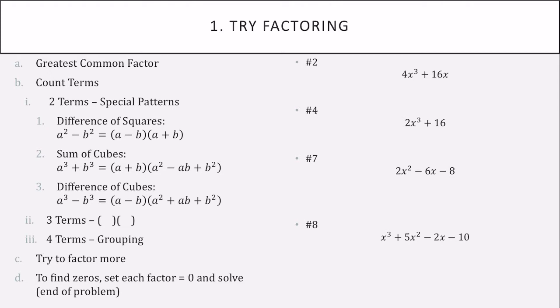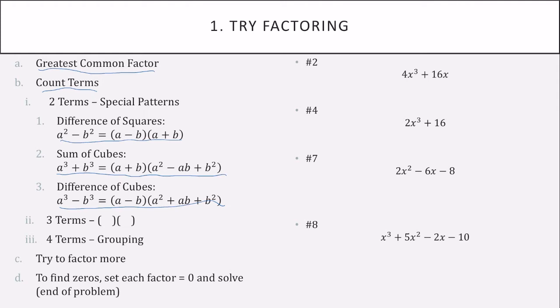But we have, wow, all the stuff here. So let's see. When you factor, first thing you look for is the greatest common factor. After you do that, you count terms. If there are two terms, there are special patterns, and you can see them here: difference of squares, sum of cubes, difference of cubes. Those are just little formulas that you can use if you have two terms. If you have anything else with two terms, and you've already done the greatest common factor, that's it,